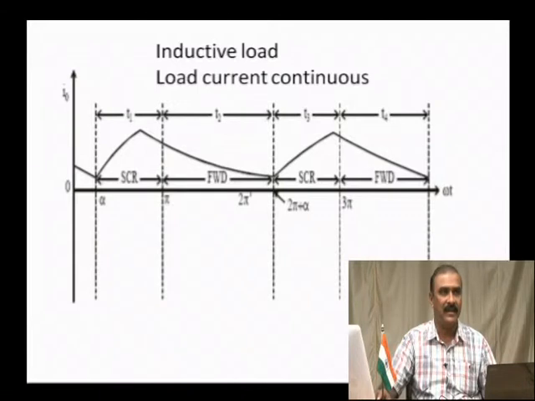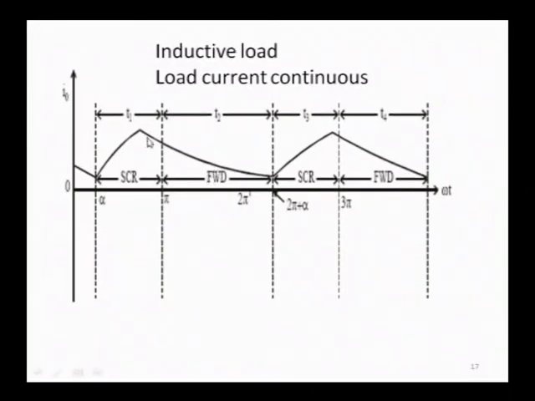Of course, the inductive load current shown here is continuous; it will not cross the zero x axis. So this looks like this. This is the SCR turn on time, and this is the freewheeling time. If you do not use a freewheeling diode, it crosses like this. Now the load current during this time will become 0, and this becomes discontinuous.